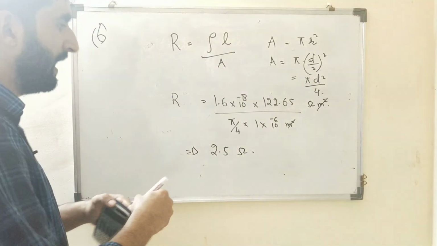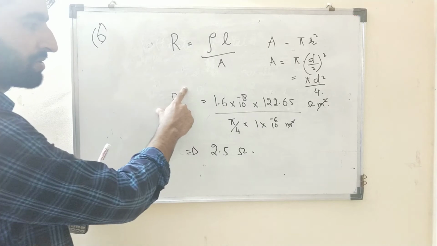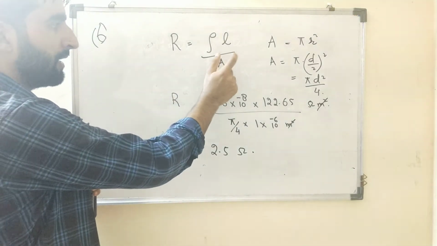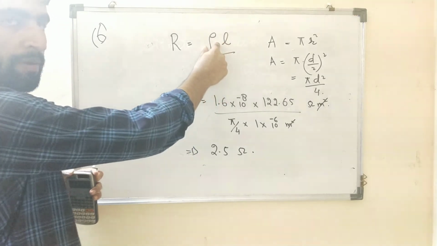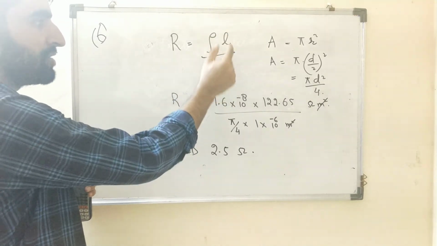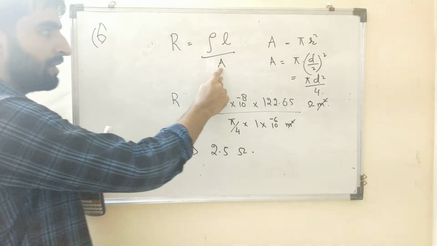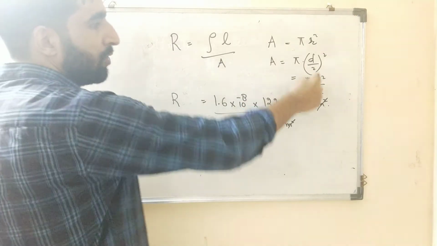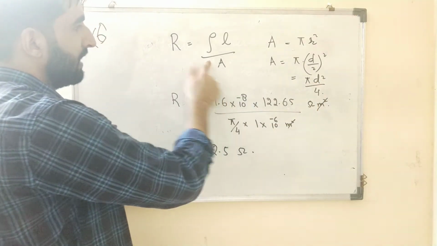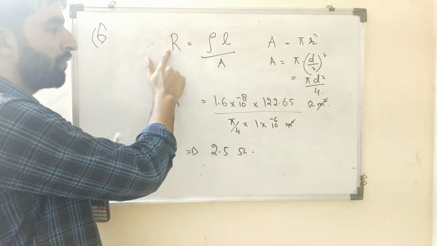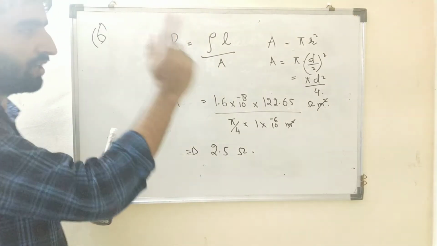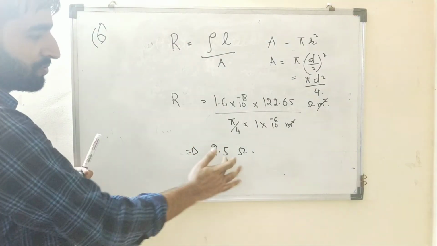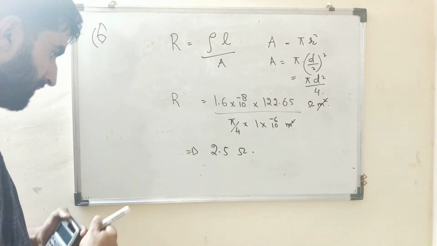Obviously पहले कितना रेजिस्टेंस था, पहले था रेजिस्टेंस 10 ohms. बट सिंस आई एम चेंजिंग द डायमीटर, मैं डायमीटर को डबल कर रहा हूँ. डायमीटर को अगर मैं डबल कर रहा हूँ, लेंथ में कांस्टेंट रख रहा हूँ, रो विल बी ऑब्वियसली द सेम. Since I am changing the diameter, what will happen? I am doubling the diameter, so cross sectional area it will increase to 4 times. क्योंकि area is equal to pi d square by 4. अगर ये 4 times आएगा तो this will get decreased to 1/4 of its original value. R कितना था? R था already, वो था 10 ohms. So अभी कितना बनेगा? 10/4. So that will be equal to 2.5. So this is the answer.